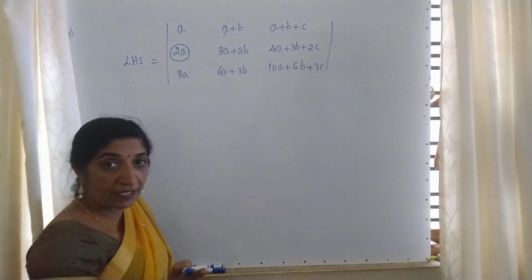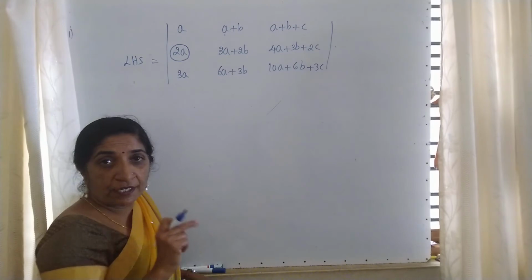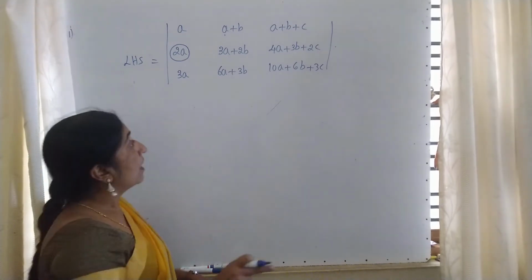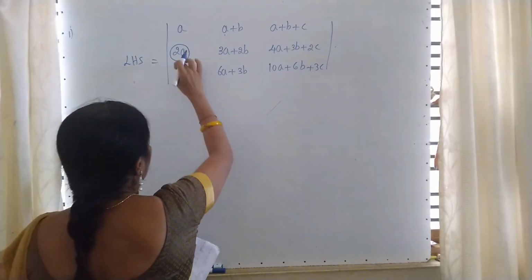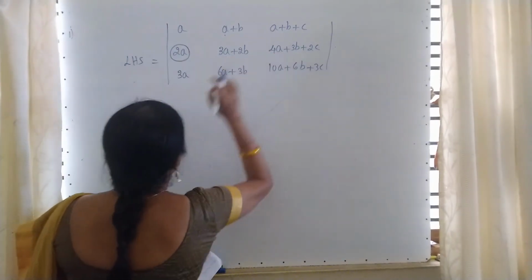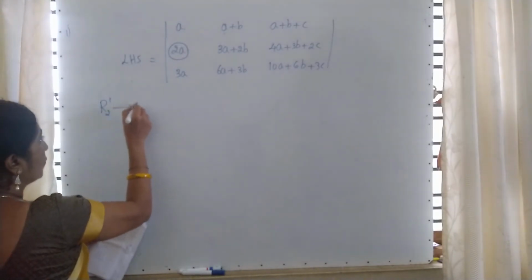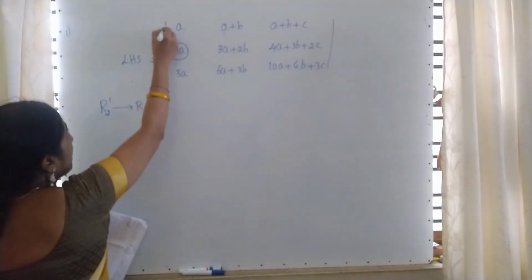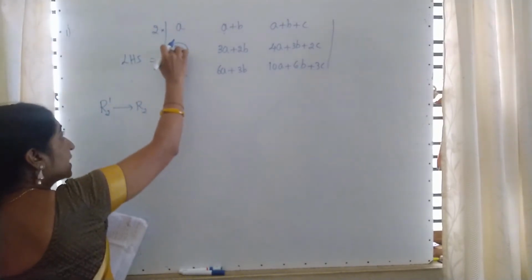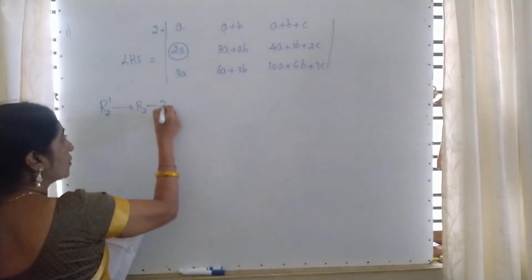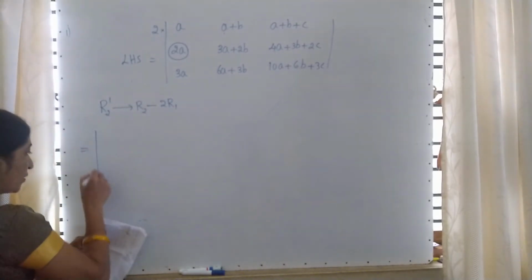You are already familiar with this from the previous chapter on matrices. When finding the inverse of a matrix, when making an element 0, you go for addition or subtraction. See, 2A is present in which row? Second row. So first we write the second row. The same number is multiplied here, 2 is multiplied here and it is an addition, so I am writing a subtraction: minus 2 into R1. First I am explaining that operation.